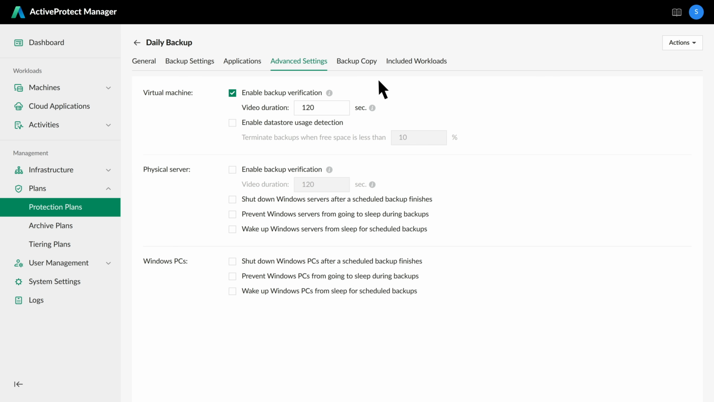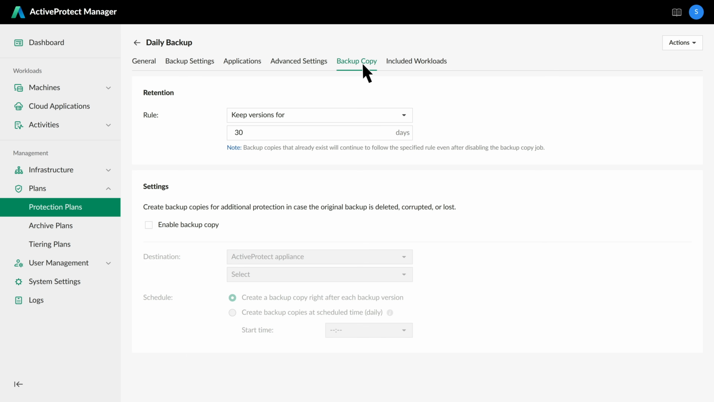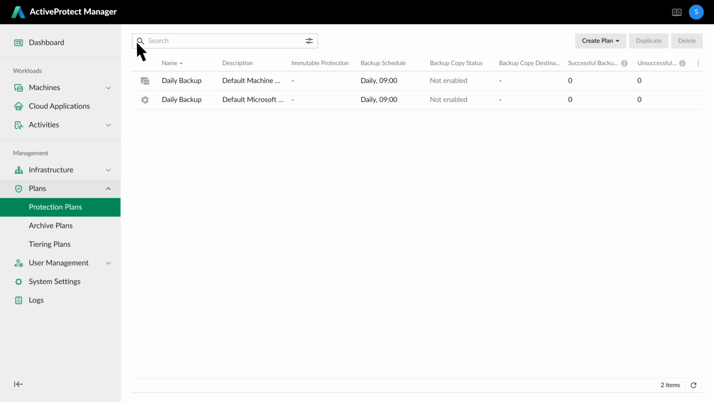Besides, you can also manage backup copy settings. Since a backup copy server hasn't been set up yet, we'll move past this for now. We'll come back to it later in the demo and show you how to add a backup copy server and turn on these options. Once the setup is finished, apply the protection plan to your workloads so data protection follows